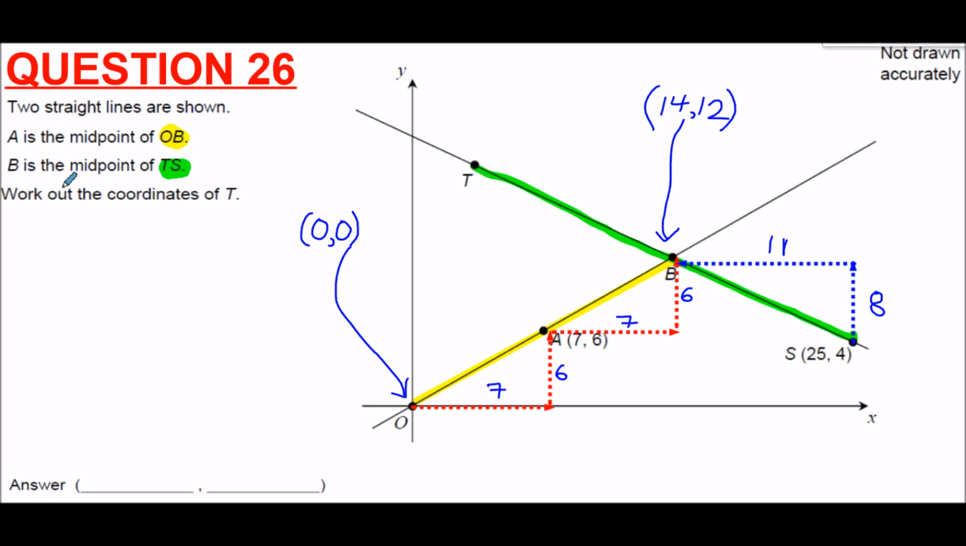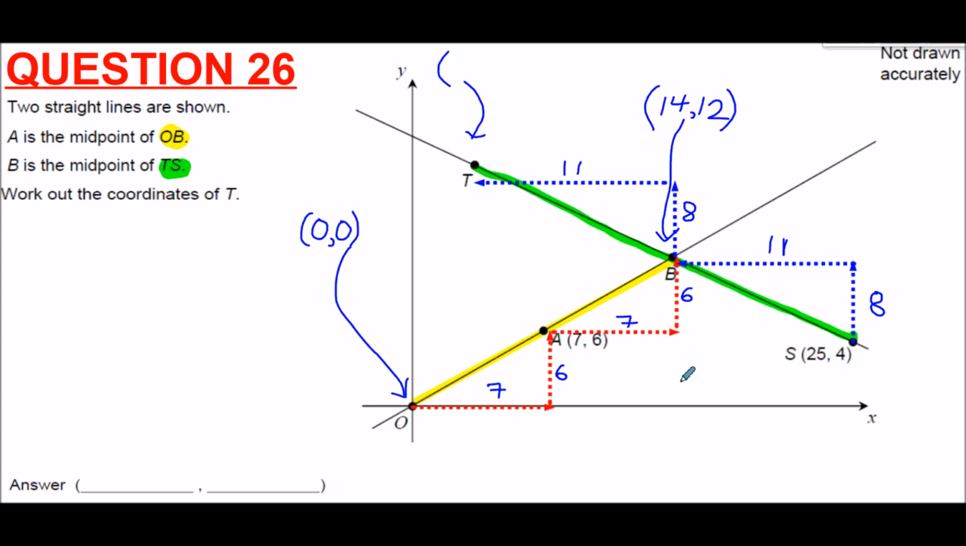But of course, because B is only the midpoint of TS, to get from B to T, we'd need to do exactly the same again, effectively doubling the distance of 8 up, 11 along. So if we do the same again, and go yet another 8 up, and yet another 11 along, that will get us to T. So another 8 up, another 11 along. Well, B is already 14 and 12. So if we're working out the coordinates of T,